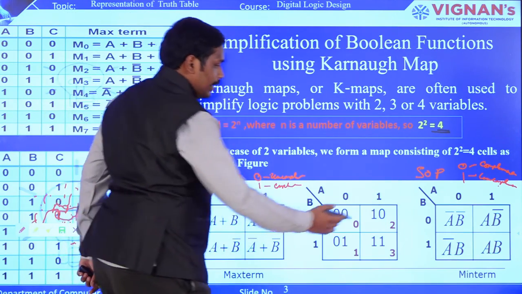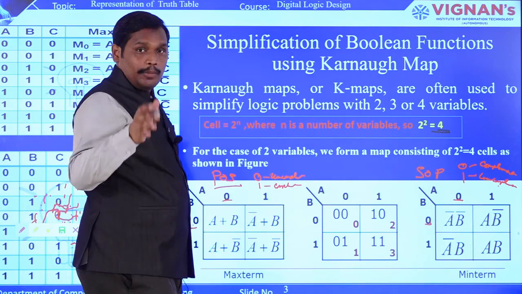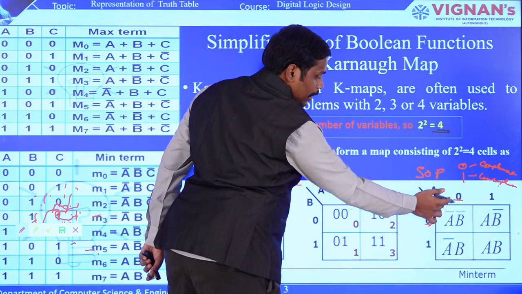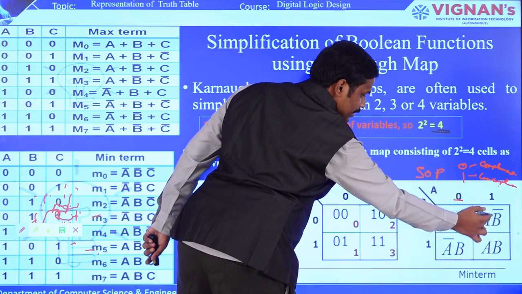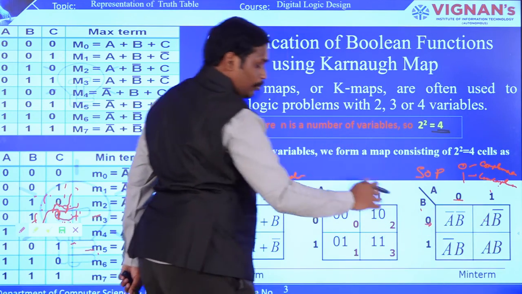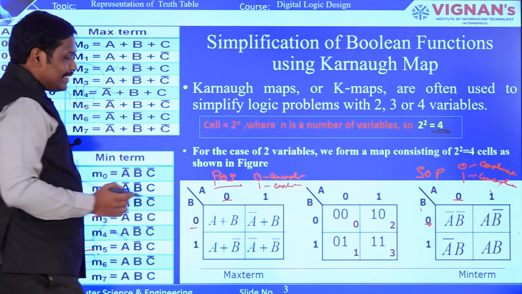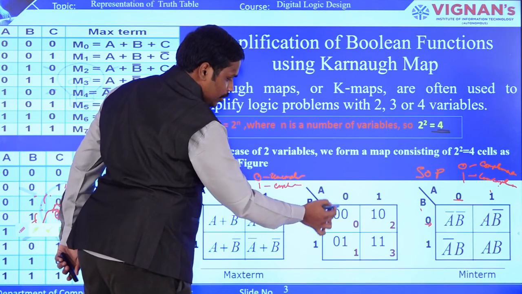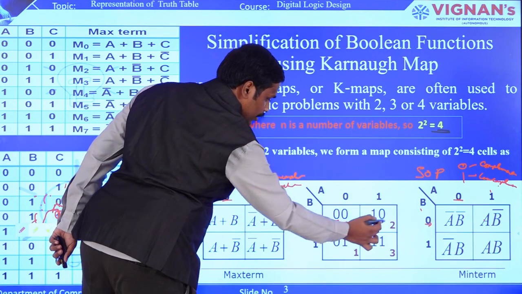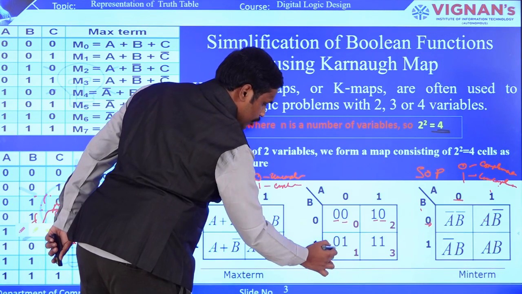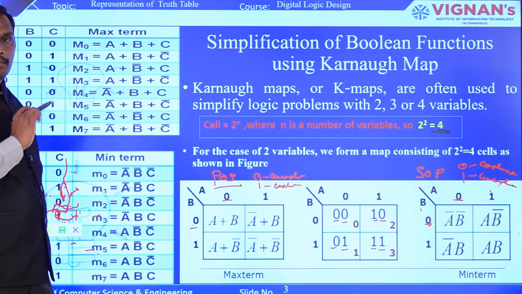That is the reason why in SOP you are going to make 0, 0 as A bar and B bar, because for product you take A bar and B bar. In the same way you can also write B. So this is A, so A and B bar. This is how you are going to place the min terms and max terms in the Karnaugh map. Is it clear? So this is the actual position. You can see A0 and B0, this is A0, B0, and then A1 and B0, and A0, B1 and 1, 1. This is how the positions of the particular cells are done.